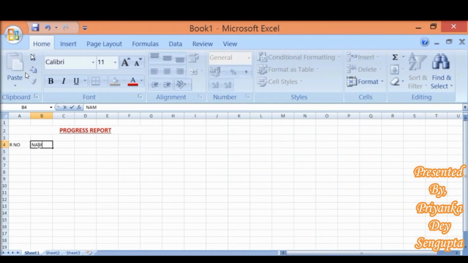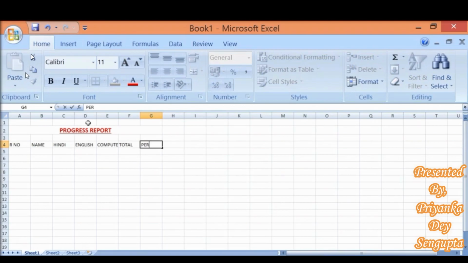Now type the next heading, that is name. Press the right arrow key. Now Excel will select C4. See the name box, it changes to C4. In C4 write Hindi. D4, press the tab and the cell comes to D4. Type English. Again press tab, type computer. Tab, again press tab from the keyboard, type total. Next, pressing tab from the keyboard, type per.